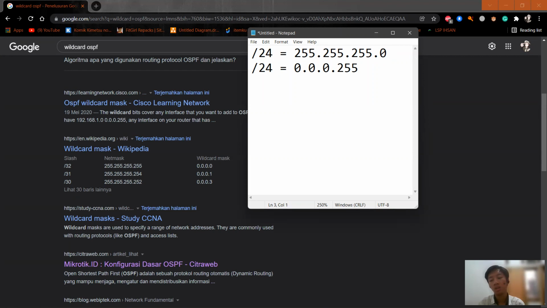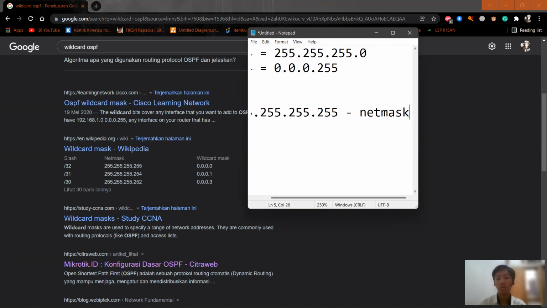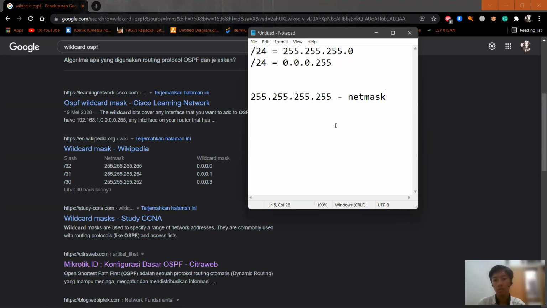What is the formula? The formula is 255 minus that much. For example,